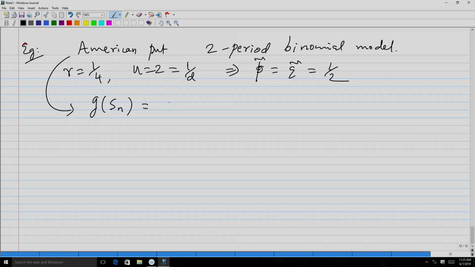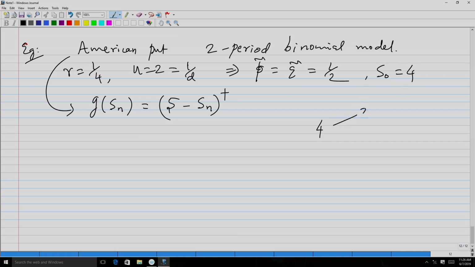at time n would be the positive part of phi minus S n, which means that it is an American put with strike phi, right. So, then you can write down the algorithm step in a simplified manner and do the computation, or otherwise you can directly do the computation for the 2-period binomial model. Sorry, I have not provided the S naught. So, S naught is 4.